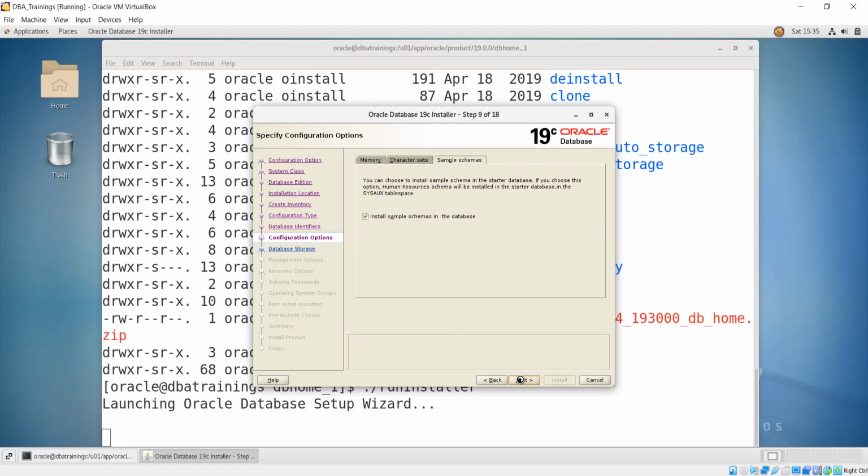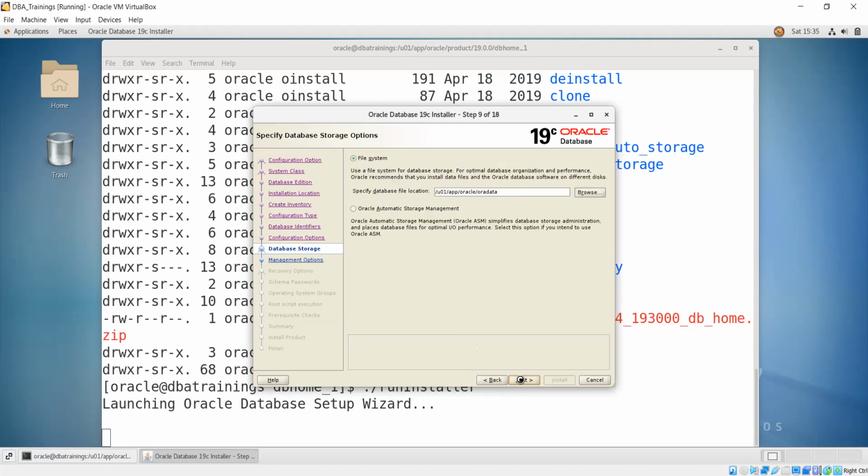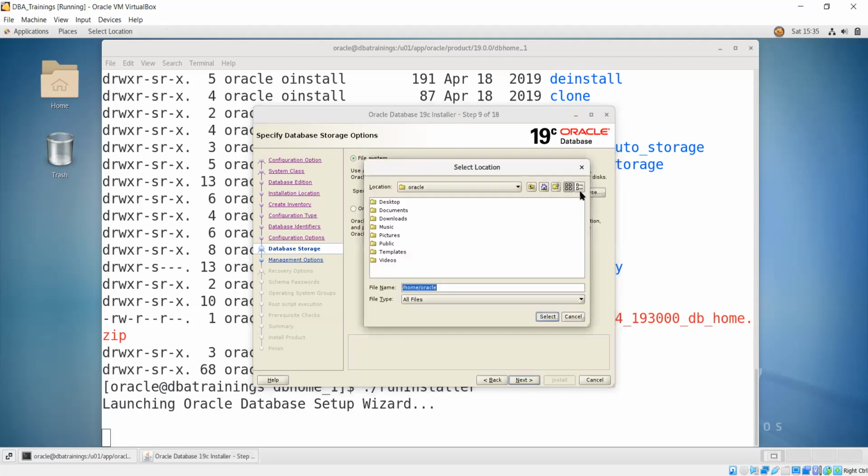Again, it will take a few minutes, and then yes. So this will be my file location. If you want to change the directory, you are allowed to change it, no problem at all. Like we have u01, u02, generally people will choose u02. So we have a different location.